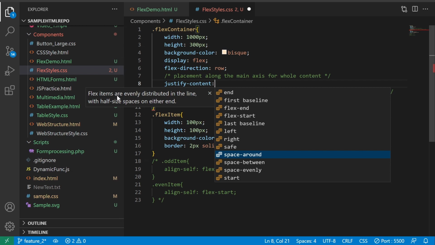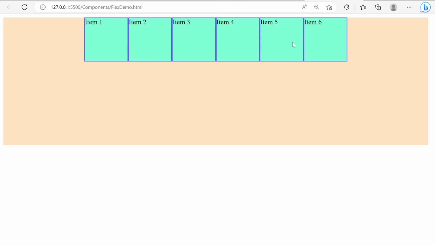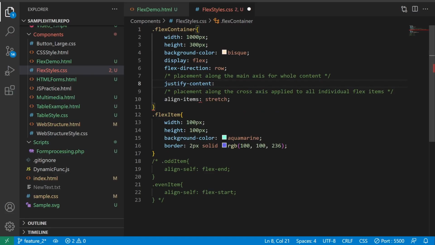You can see flex items are evenly distributed in the line with half-size spaces on either end, meaning on both the left hand side and right hand side space will be placed. Right now there is no spacing between them, they are stuck together. So if I apply space-around,